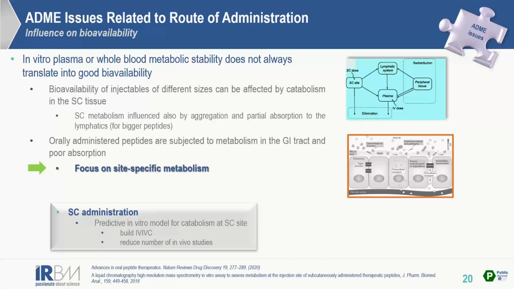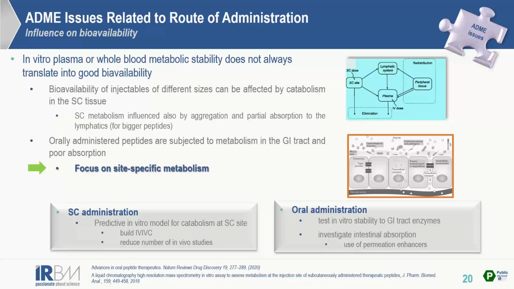In the case of subcutaneous peptides, a predictive model for catabolism at subcutaneous tissues, which enables building up an in vitro in vivo correlation, would speed up the optimization of the peptide and reduce considerably the number of in vivo studies. In a similar way, for peptides aimed at oral delivery, an early implementation of in vitro assays to understand the stability of peptides versus proteolytic enzymes present in the GI tract allows working with stable peptides and being in a better position to start studying how to overcome the big hurdle of intestinal absorption and the effect of the